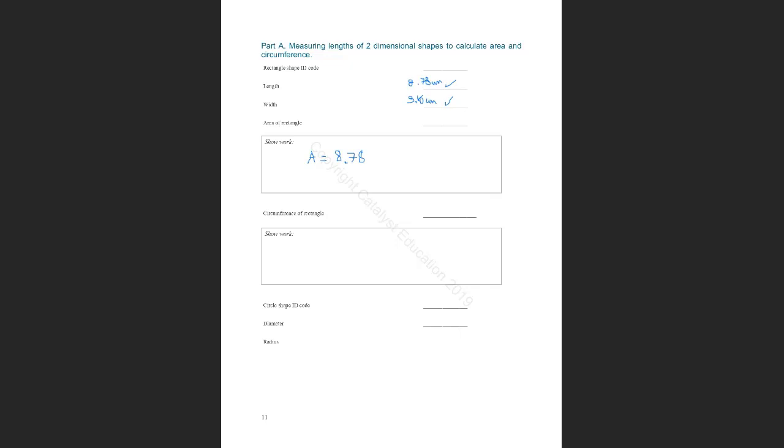So you will say, the area is going to be, obviously write the units, write everything, 8.78 centimeters times 3.16 centimeters, and let's say I get a number of 27.7 square centimeters. And then I have to look at the sig figs. Here there are 3 sig figs. Here there are 3 sig figs. So my answer can have 3 sig figs. So I will report here